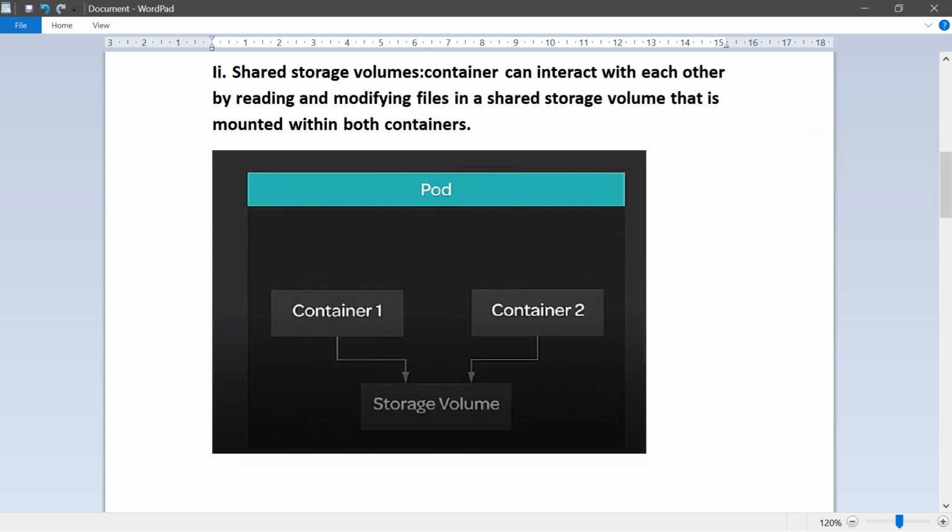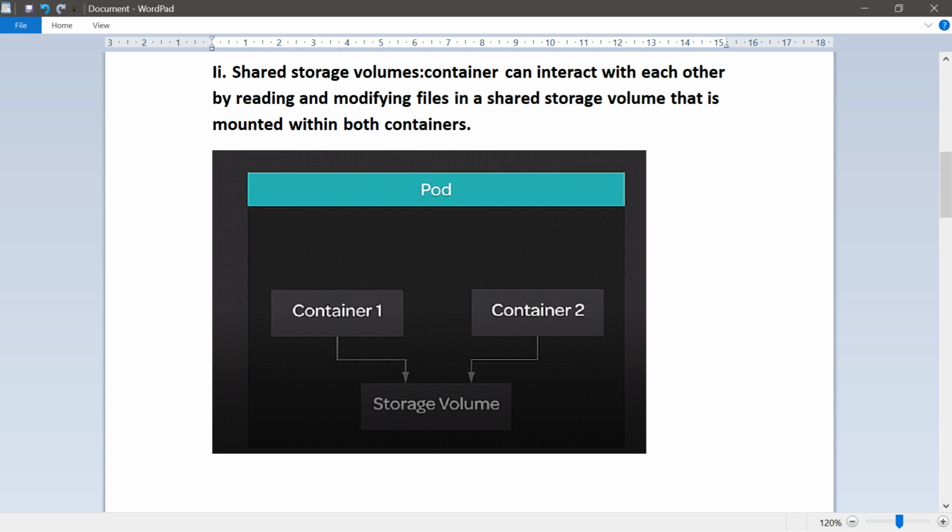Another way is to use a shared storage volume. We can take a storage volume which contains some files or data, and we can mount that same volume to different containers. They can both interact with the same files, so we can have one container output files to the volume while the other container reads them.